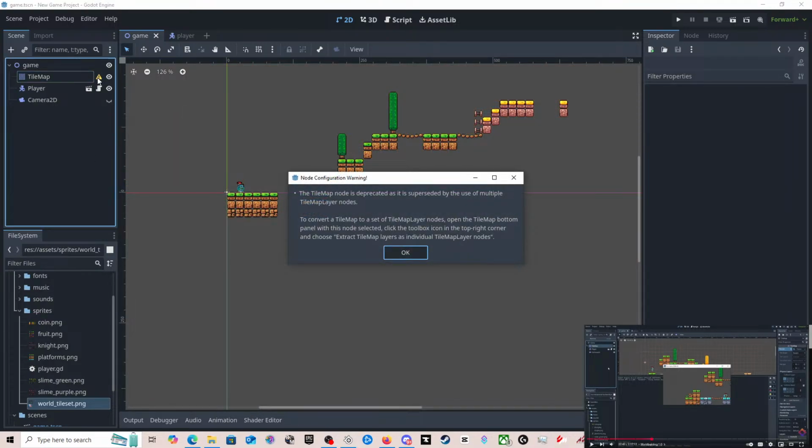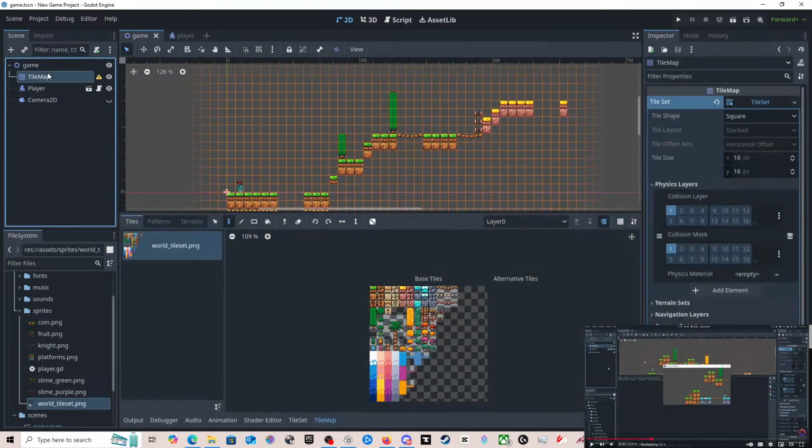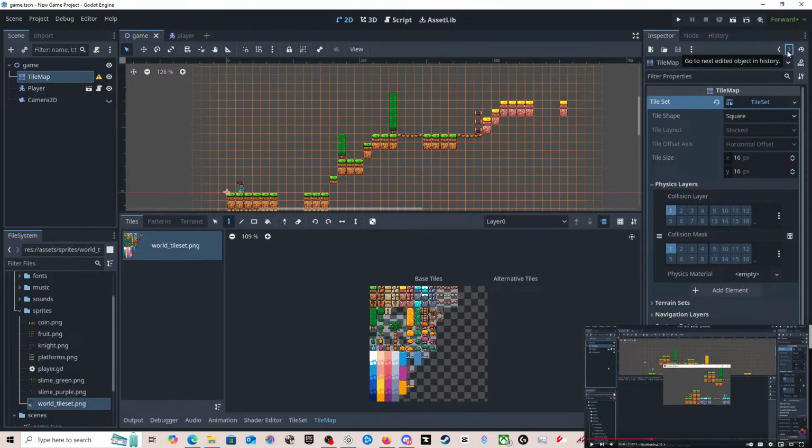To convert a tile map to a set of tile map layer nodes, open the tile map button panel. Right. Tile map. Is it because we're not doing... Tile map?